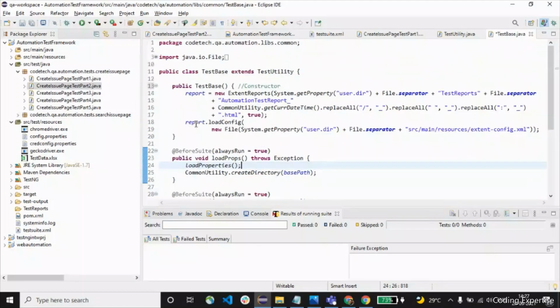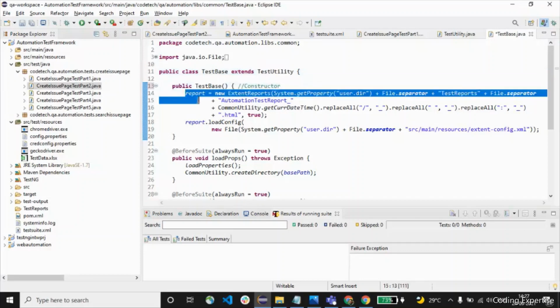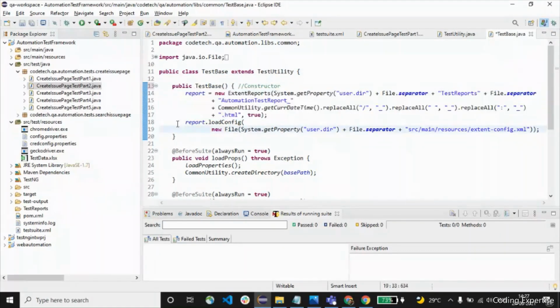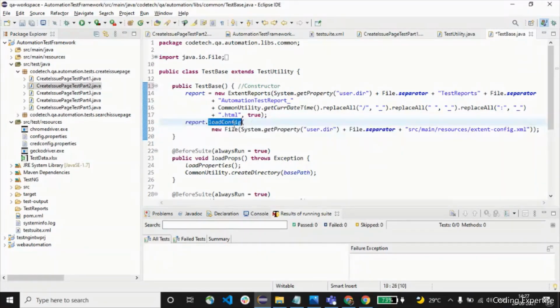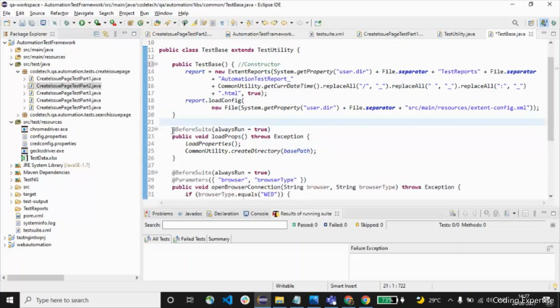So we have seen test base, which extends the properties of test utility. We have used a constructor to create an object for extent reports, and we have configured the XML file configuration for extent reports using this load config. Then we jump into before suite.